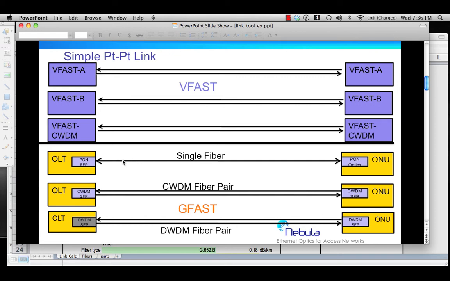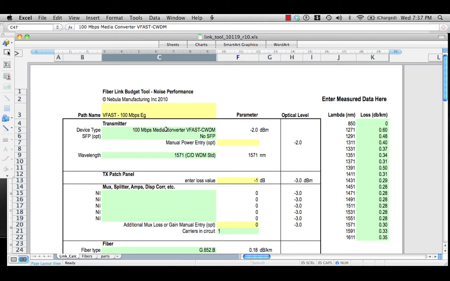So on the GFAST, we're going to look at the single fiber solution, the CWDM and the DWDM options using SFPs and also using PON optics. So we start by, well, I guess we'll call this something, GFAST examples. Okay, so let's start with